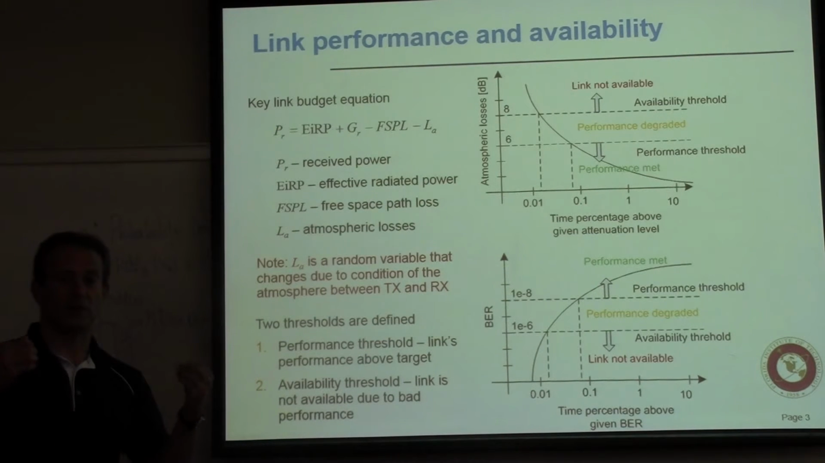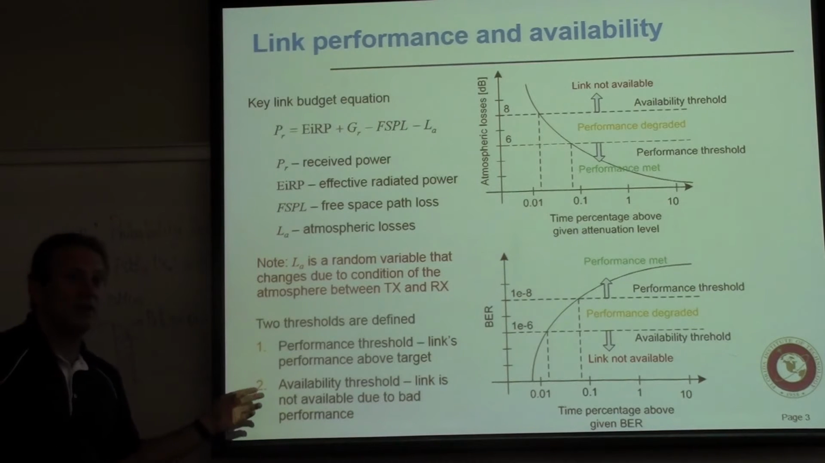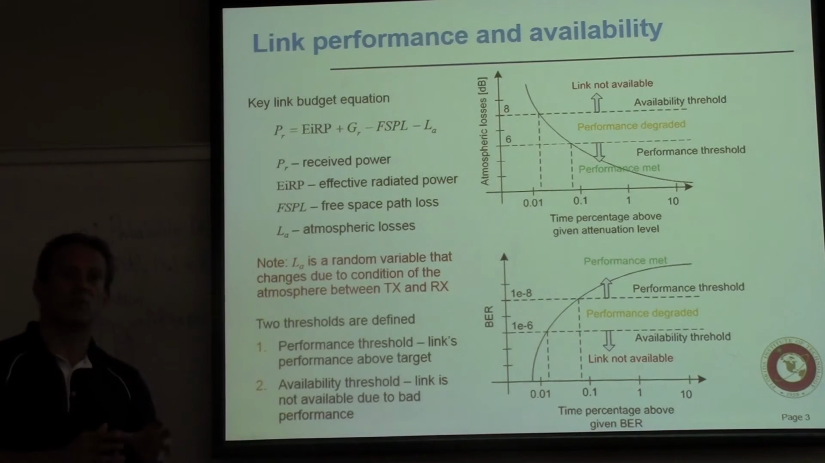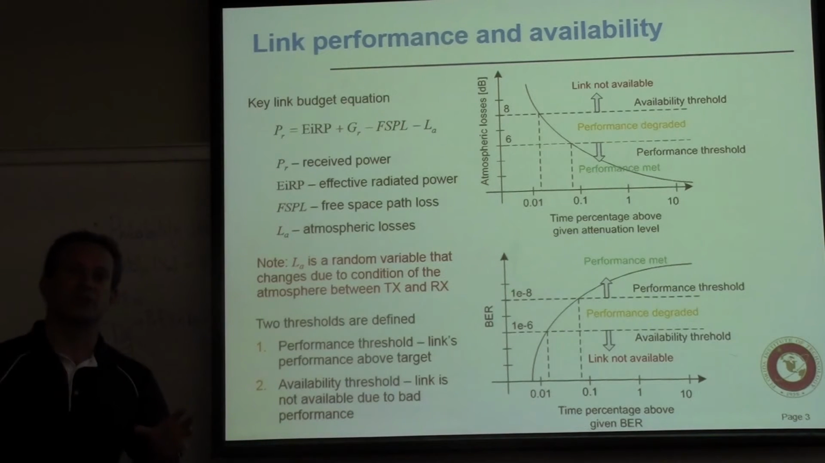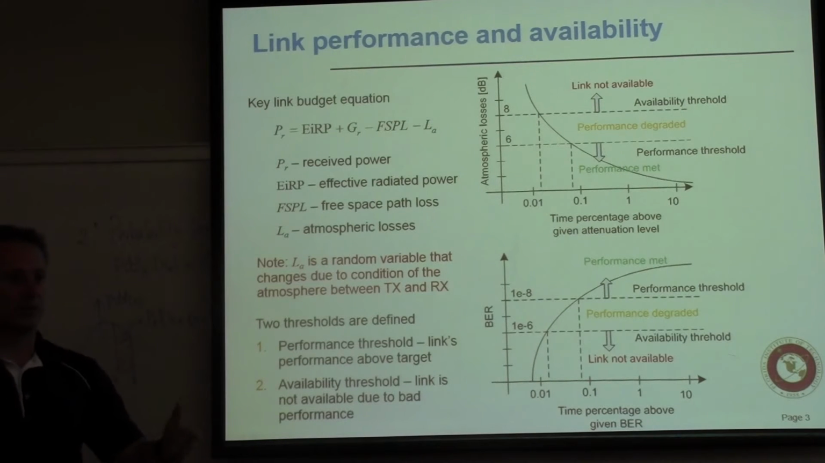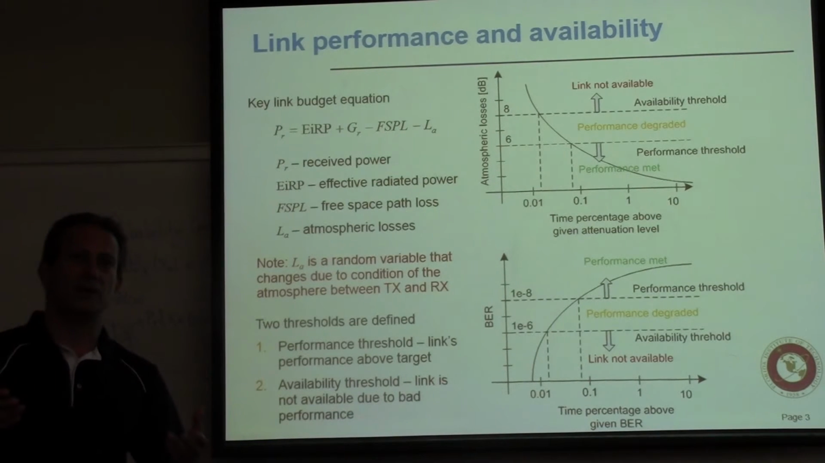And we specify, okay, I need to provide signal that exceeds this C to N. And then the second threshold is the availability threshold, which says I need to provide my performance threshold over this percentage of time. So when we talk about microwave links, satellite links, we say, okay, we want to have 99.9% availability,